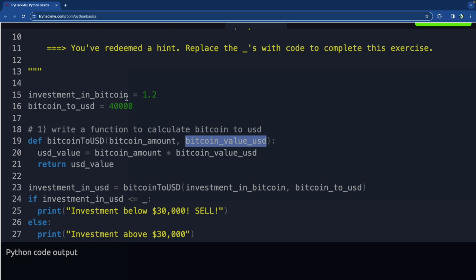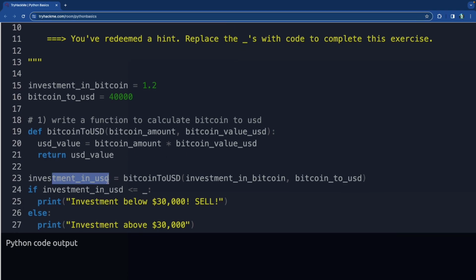And then we already have these values up here, right? So the Bitcoin amount is going to be this, and then the Bitcoin to USD amount is going to be the value USD. And so our final USD value is going to equal those two parameters multiplied by each other, and it's going to return that value for us. Then we have a new variable down here, which is investment in USD, is going to